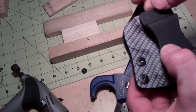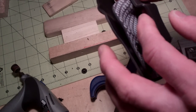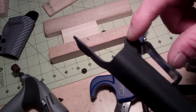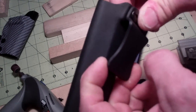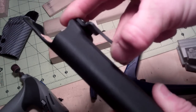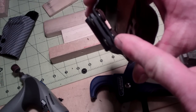and the clip. Now, why I do this, you ask? For a couple of reasons. First of all, a lot of times I have to space it out a little more to give a little bit more room for the belt. The second reason is if I had Kydex to Kydex, this would be incredibly hard because we're only dealing with that much and this stuff is pretty strong. So I like giving that little bit of a buffer with the rubber grommet to make this a little bit not so rigid, because if you were, you'd be fighting this thing, putting it on and off, taking it off the pants. So I like giving that little bit of a space in between,